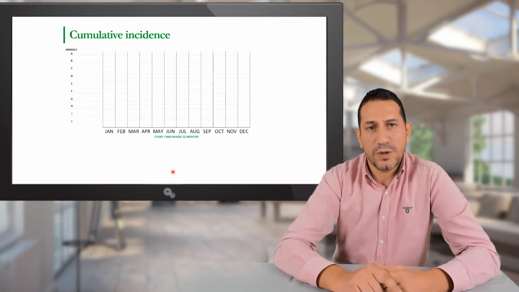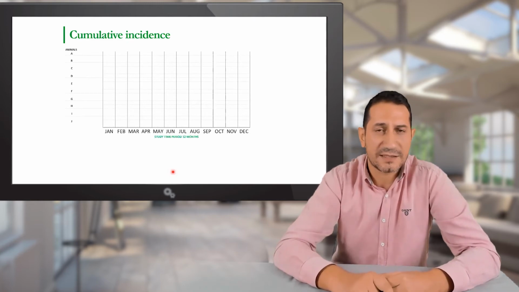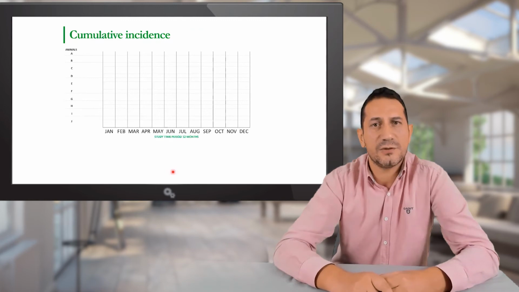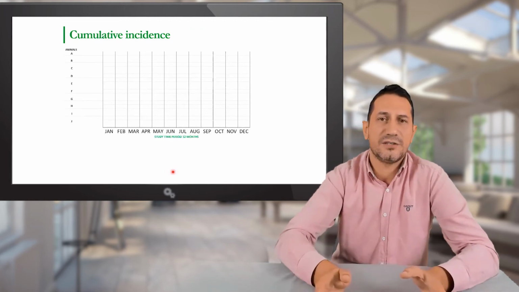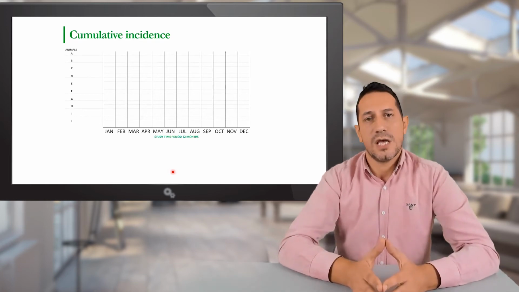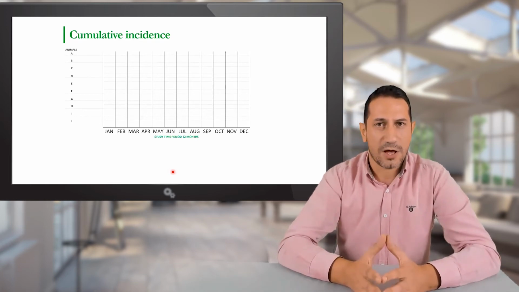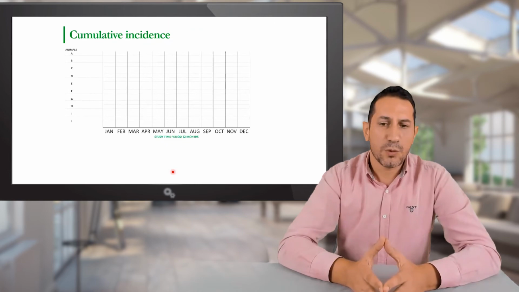So we will have to study his flock for a period of 12 months. So this will be the study period, and it will be the follow-up of whatever is happening in terms of disease occurrence in the Georgian Shepherd flock. And then we have the 10 animals on one side, and then we have the months, and we follow up.